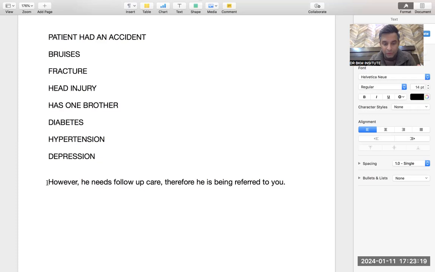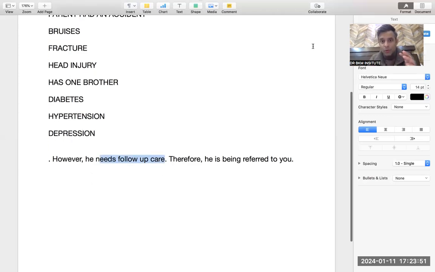If you are putting a full stop, then do not use small connectors like "but". That is what OET says. Don't use "but". If you're using a full stop, then use a bigger connector, such as "however". In the same way, when you are using a comma, you can use "so". But when you are putting a full stop, then write a bigger connector, "therefore", and do not use "so". That is what OET wants to say. So they say after a full stop, use a bigger connector. But the main purpose is this follow-up care.